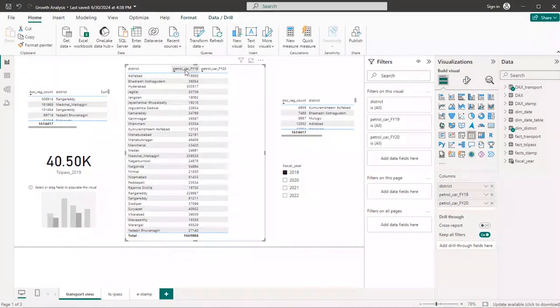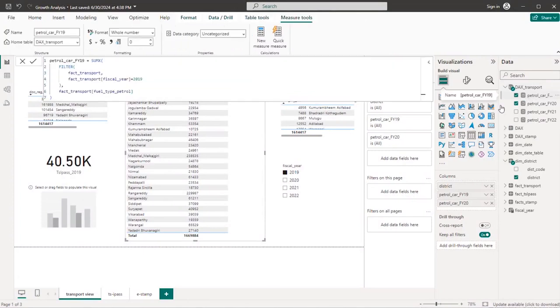Now, ranked by, this is petrol vehicle from the deemed district and transport. We did, you can see these visuals. We wanted to check the sum by the row of each petrol car for the fiscal year 2019. And just for a reminder, if you go to the table view for